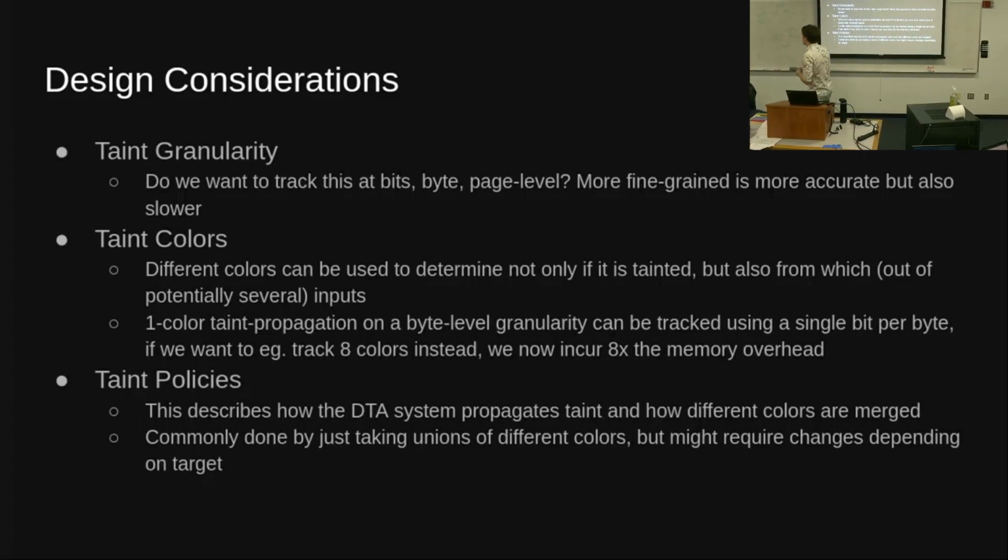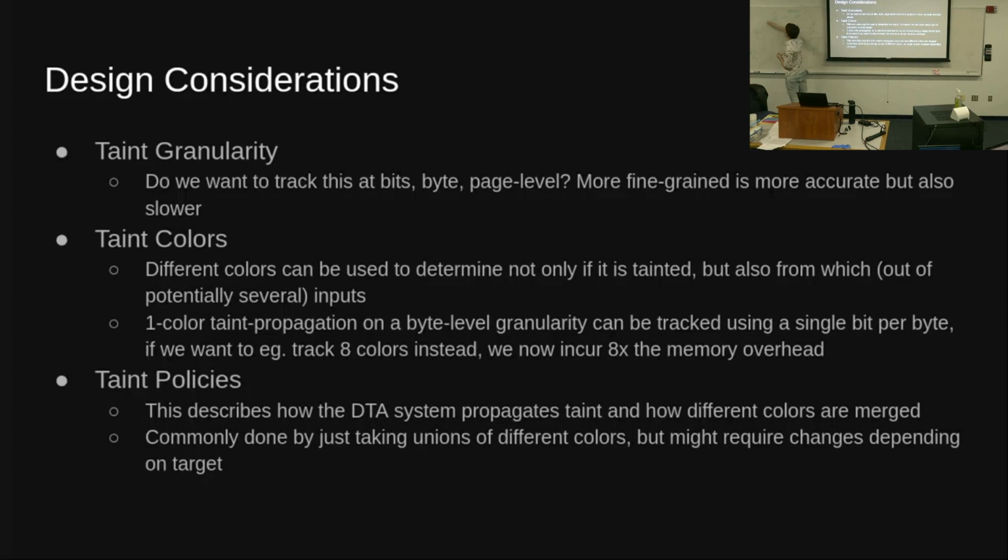If you wanted to track 8 colors at once, you might allocate, at byte granularity, 8 bits in your bitmap for every byte, and then you could track 8 input sources by setting the bit in memory according to the input. You can go more fine-grained the more memory you have available. And then there's taint policies, which is